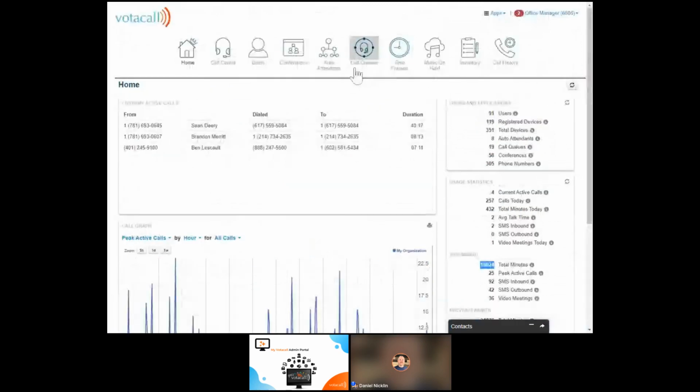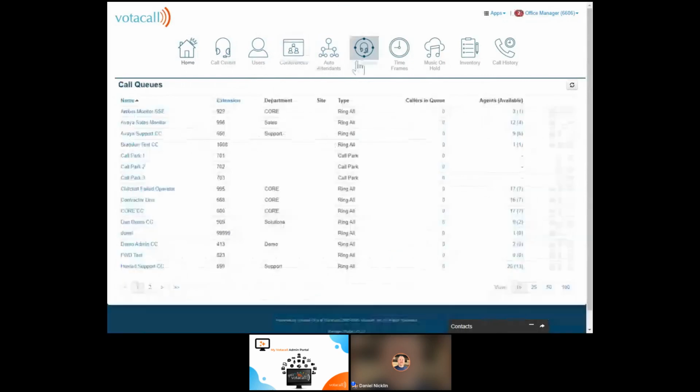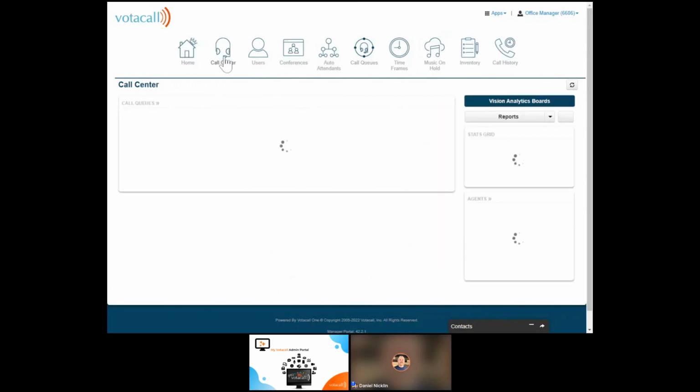As we move across the top here, you've got these tabs. Home is the screen that we're on now. We're going to talk about the call center tab. The users tab, where you can manage your users. Conferences is where you'd actually manage a conference bridge. Auto attendants, call queues, where you manage the actual queues that are part of the call center tab. You've got your time frames, music on hold, inventory, and call history. But we'll run right across the top here, and we'll focus on call center just to highlight a few features